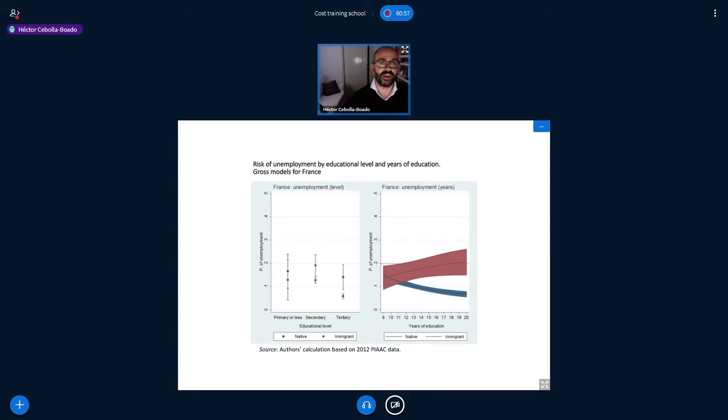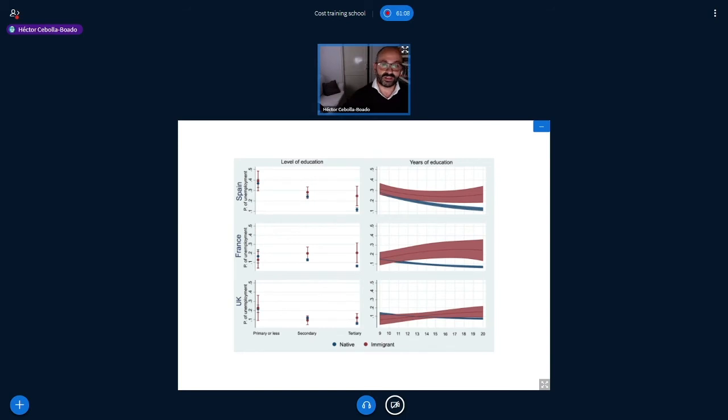So again, a very different kind of context of labor market, but a very similar pattern. Okay, so this is a summary of what I just told you. These three countries are very different from each other, but there is, at the individual level, a very similar pattern